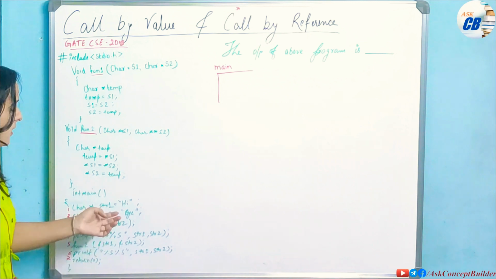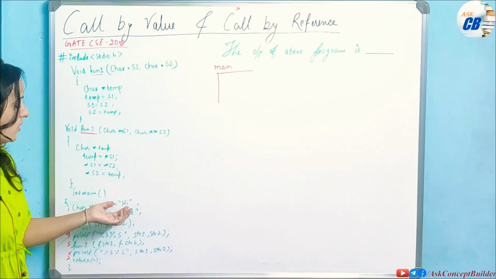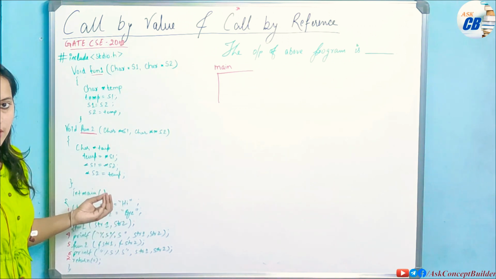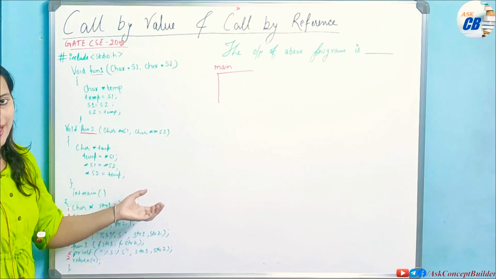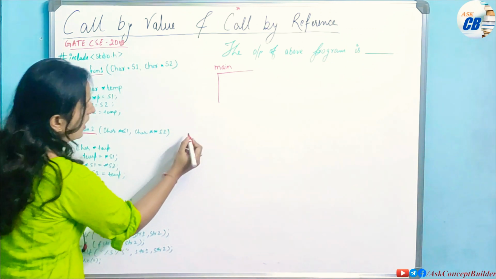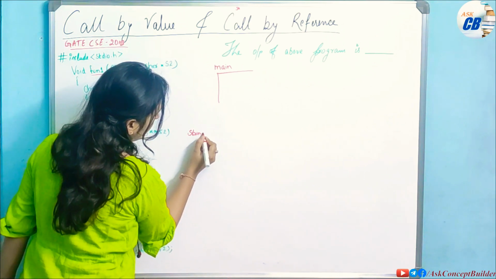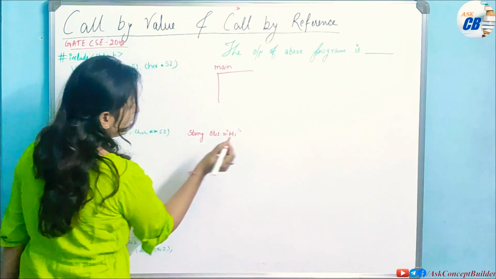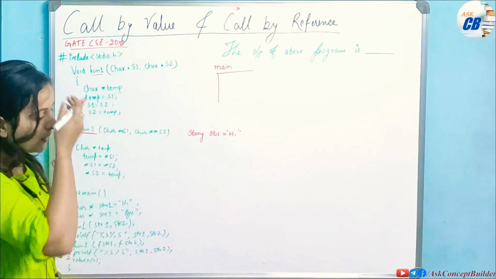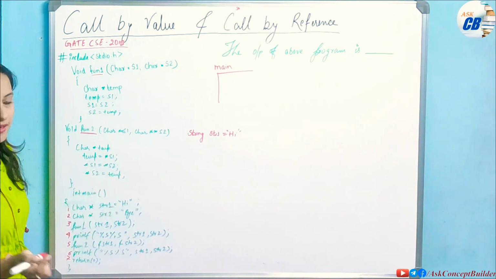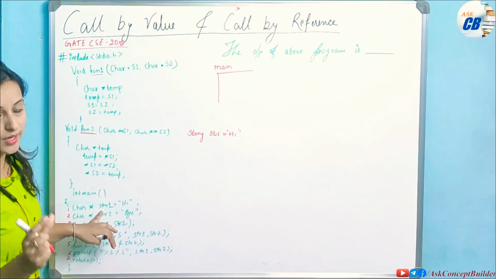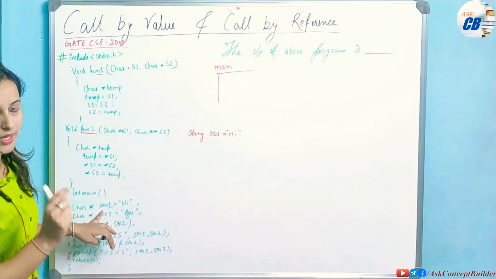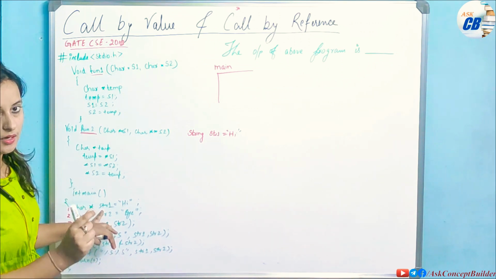This "hi" is a string. So how can you store a string? You can store a string with the string data type. Directly, you can write string str1 equals to "hi", if you are taking any variable like that. In this way you can represent any string, directly by the value of the string. The other way is if you are taking a char array, where you can represent the complete string in the form of an array. That is the second way.